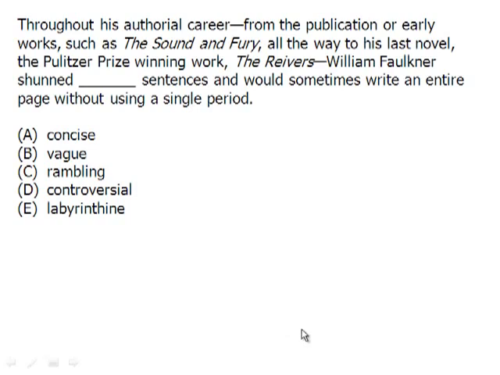Okay, we have here a very long sentence. For the most part, ETS, the people who write the GRE, do not want you to read and make sense of every single word, starting here with "throughout," going all the way down to a single period. Notice that in and of itself, this is 5 lines, or at least 4.5 lines, which is very long. So what do they want you to do?